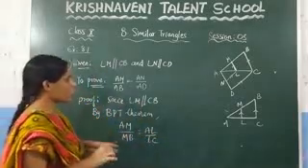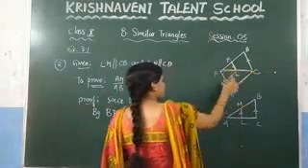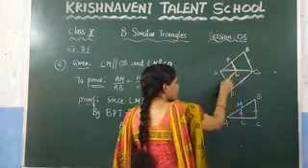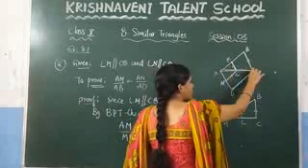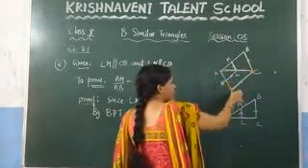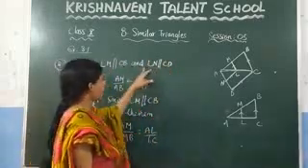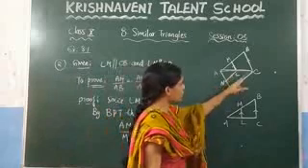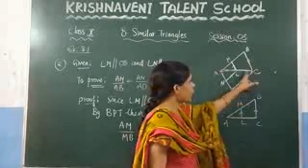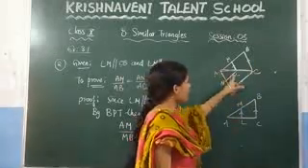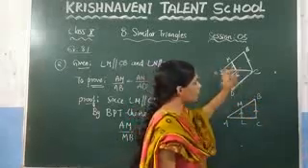After that, you need to consider this triangle. If you consider the below triangle, you can observe that this line is parallel to this line. So here again, these two sides are divided into the same ratio. Here again, what I have been given is LM is parallel to CD. That means these two lines are parallel. So these two sides are divided into the same ratio because we are considering the triangle ADC. In triangle ADC, LM is parallel to DC. So by the basic proportionality theorem, you can write it.